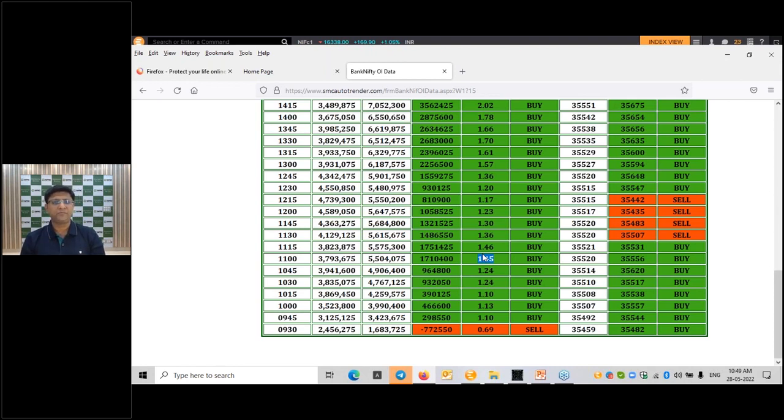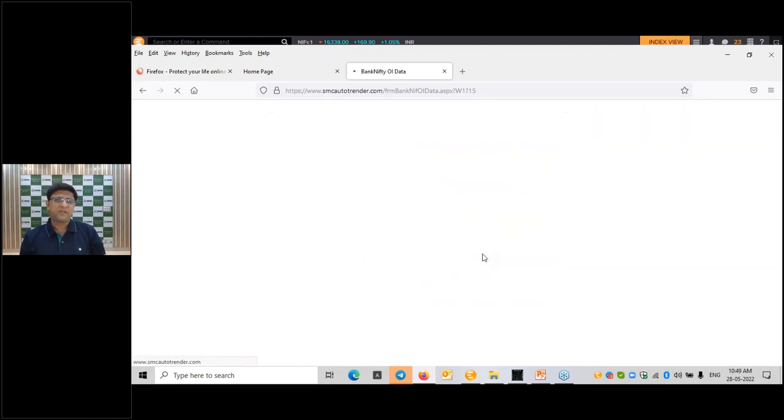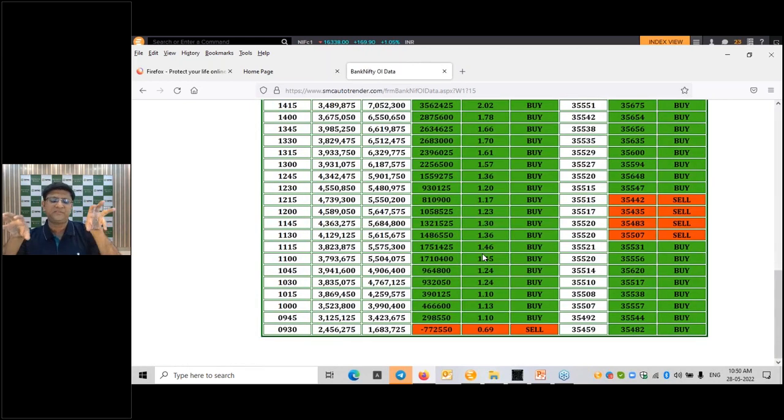कई बार ऐसा situation मिलेगा, there could be 2-3 situations. Situation number 1: Nifty का PCR is also positive, Bank Nifty का PCR is also positive. That is a very strong signal. It is a one-way market, you can always buy and play the call option. The second situation would be Nifty का PCR is negative and Bank Nifty का PCR is also negative. If both PCRs are negative, that is again the best scenario to play puts, because both will go down. The third scenario could be Nifty PCR positive and the Bank Nifty